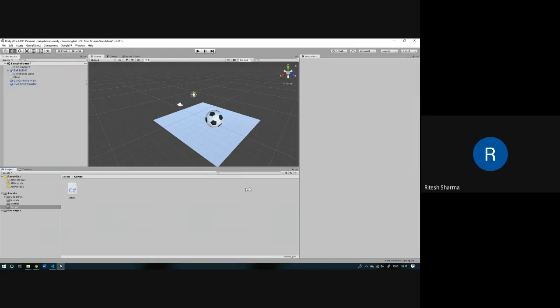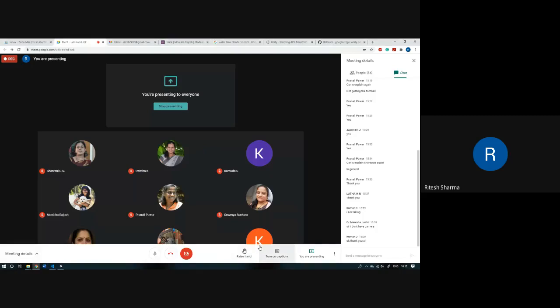Try to get the pointer on it, then when you click on the ball, it should change its direction of rotation. These two things are there, and that will sum up the session today.